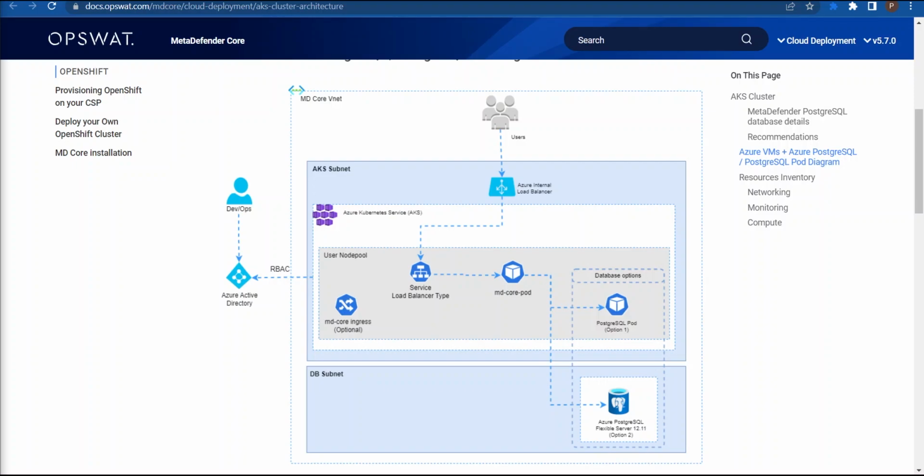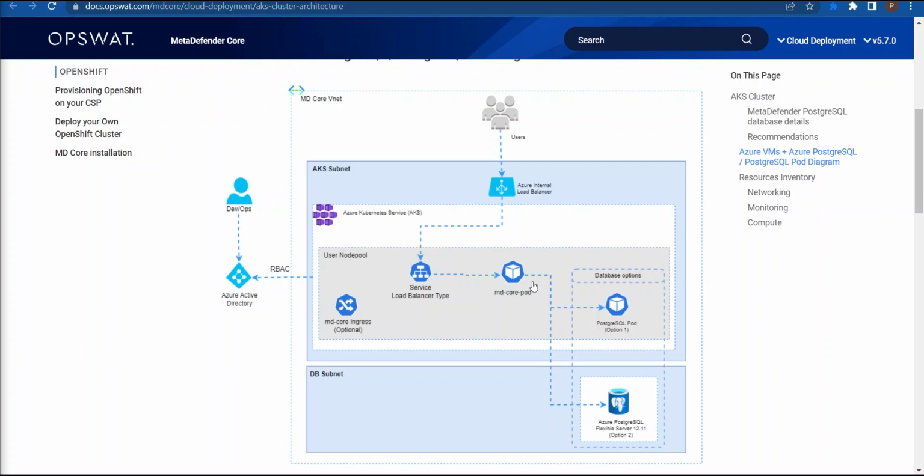There are three main resources that are important to understand. First, the load balancer. It is going to be the access point for the user or client to make the request to the application. Second, the EKS cluster will be created, where we will install all of the main components required to have MetaDefender Core running within an EKS cluster. As you can see here, we have the service component that will automatically provision the load balancer for us in our Azure account. The third component is the MetaDefender Core application running as a pod that will be connected to